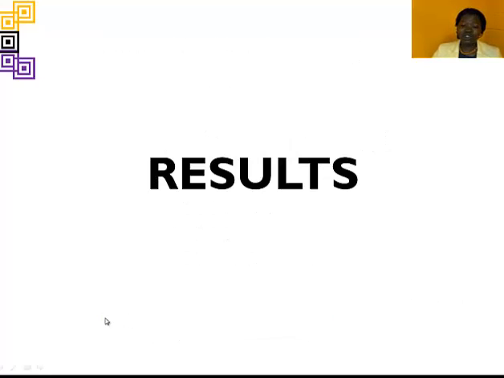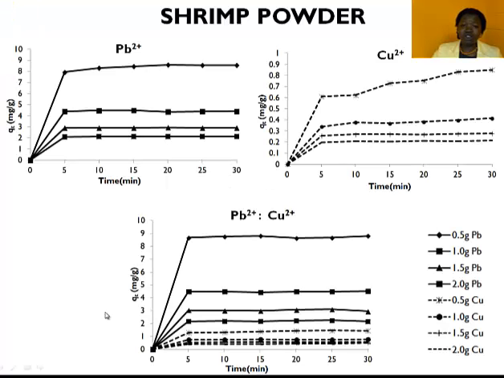The following slides will show the results obtained, which are in adsorption capacity against time, adsorption capacity on the y-axis, and time in minutes on the x-axis. For the top part, we have the single system graphs, whereas the bottom graph represents the binary system. This is our legend, with the complete lines for this particular graph showing lead, and the incomplete lines represent copper